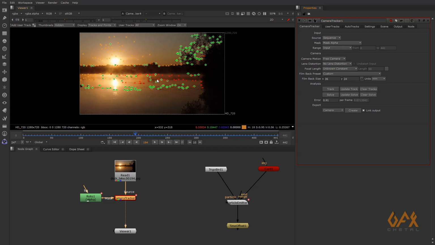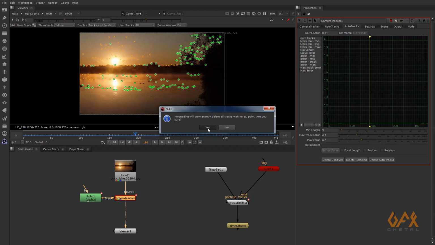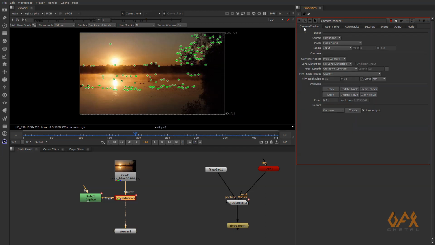Okay, now there are some errors, so for that I go to auto track. I just reduce and delete rejected, delete unsolved, and again go to camera tracker, solve these things.